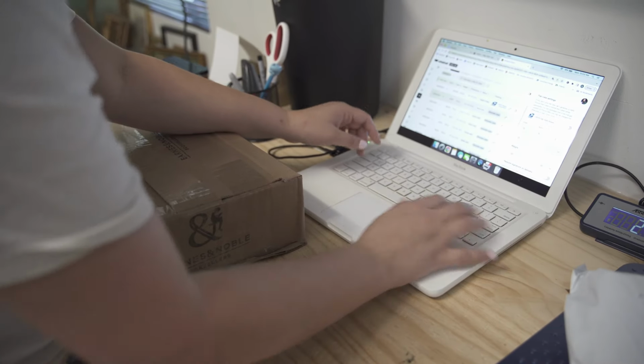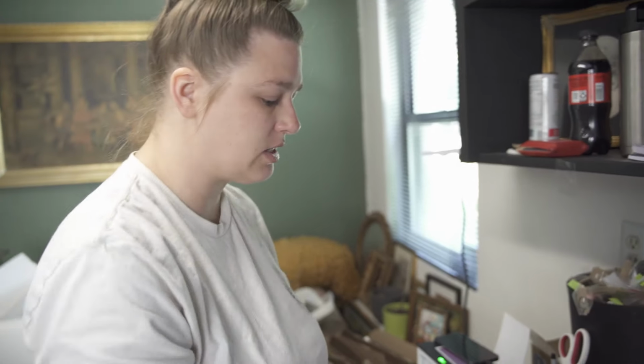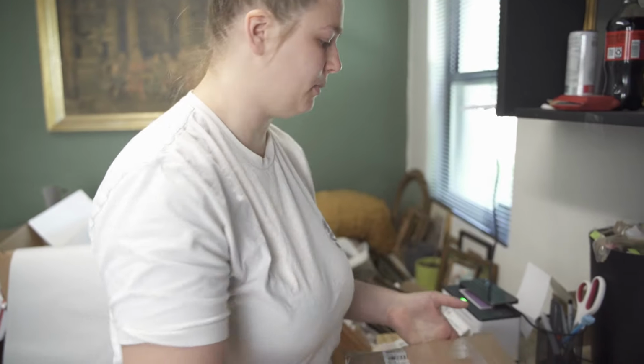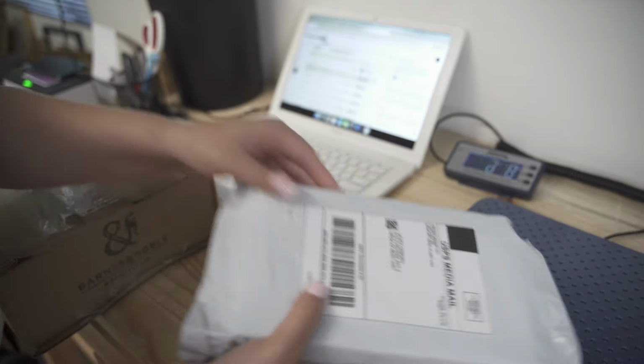The nice thing is that you don't have to have the exact dimensions on media mail. So I have a general idea of what these packages are. Some of the boxes will say on the back exactly what the dimensions are, but you can put in a rough estimate. It's not priority or ground advantage, so it doesn't have to be spot on, which makes